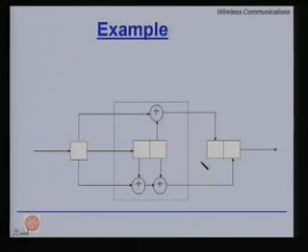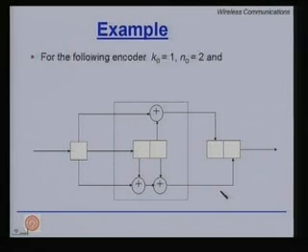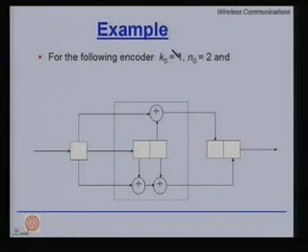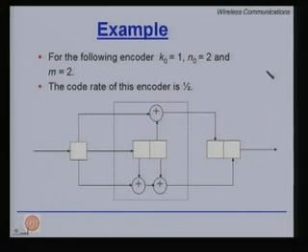This is in stark contrast to the linear block codes, where the n and the k are usually large, hundreds, maybe thousands. Here we are talking about 1 bit input and 2 bit output. This is one of the fundamental differences. So, here in this encoder, as we discussed, k naught is 1, n naught is 2, and the code rate is half. It is possible for us to construct a state diagram based on what is the state of the encoder, what input comes in, and what is the state transition.